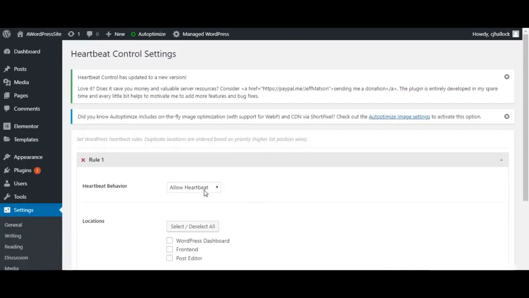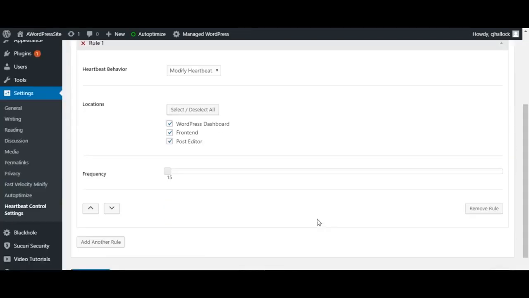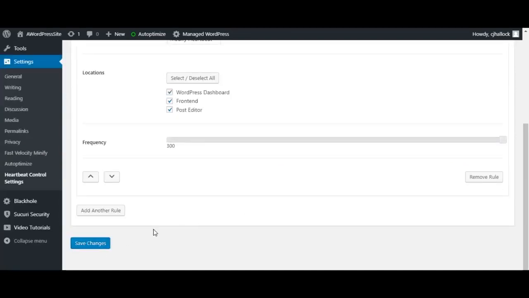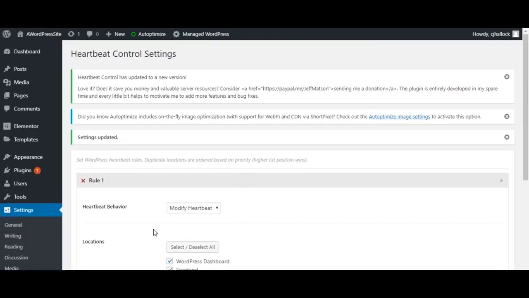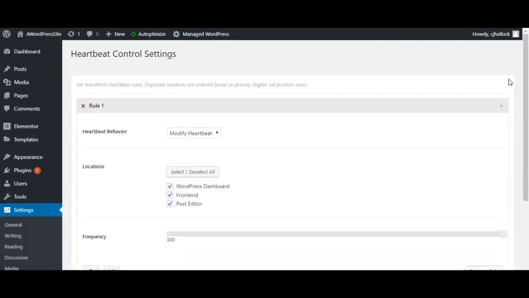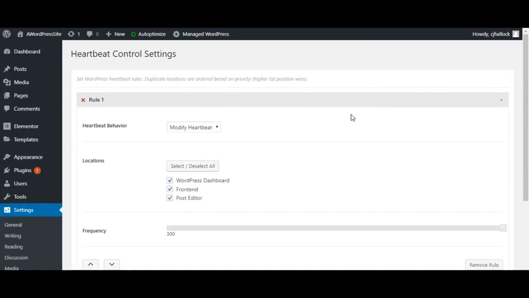And then we're going to take the allow heartbeat to modify heartbeat. We'll select all three, and then we'll just drag the frequency from 15 all the way over to 300. And then come down and click on Save Changes. Now I'm going to X out these pop-ups because I don't need those. And then the next thing we're going to do, according to our lovely outline here, is we're going to go